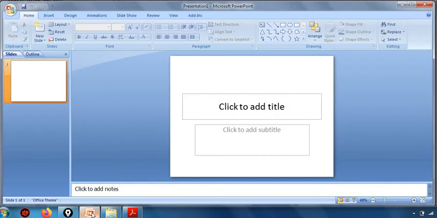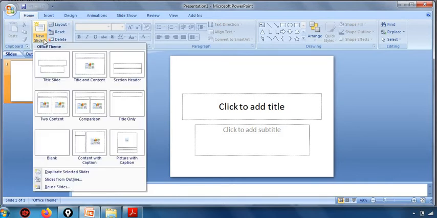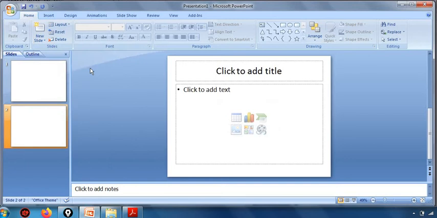Okay, this is PowerPoint. I have opened the PowerPoint. We already know how to open PowerPoint, right? Clicking on the start button, then all programs, then go to Microsoft Office, and under that Microsoft PowerPoint, right? So here under the home tab, the new slide button is there, with a drop down arrow. I will click on this. Now under this, which option do I have to go to? Title and content, right? I have clicked on this.